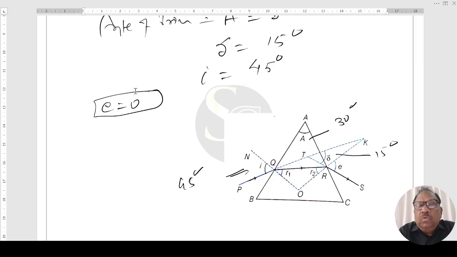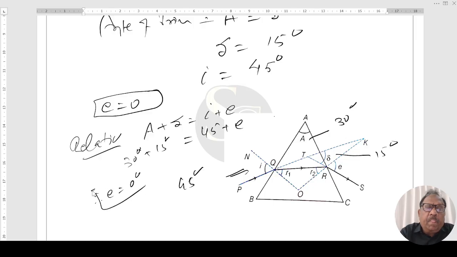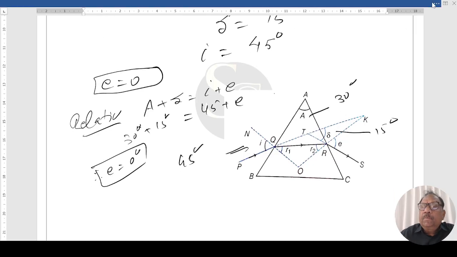We know the relation A plus delta equals I plus E. I is 45 degrees, plus E equals A plus delta, which is 30 degrees plus 15 degrees. Therefore, E comes out to be 0 degrees. 0 degrees means